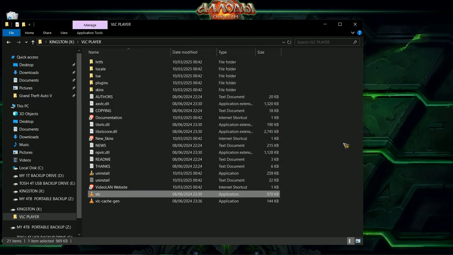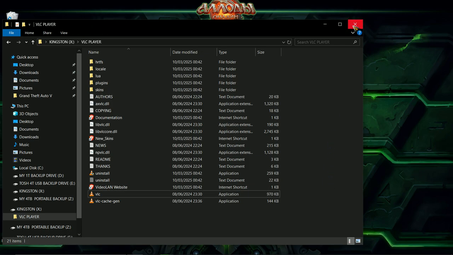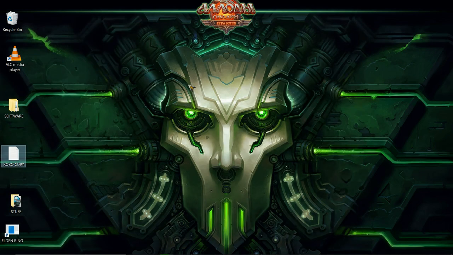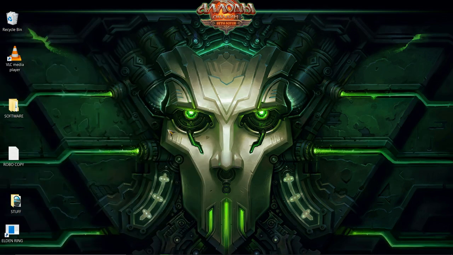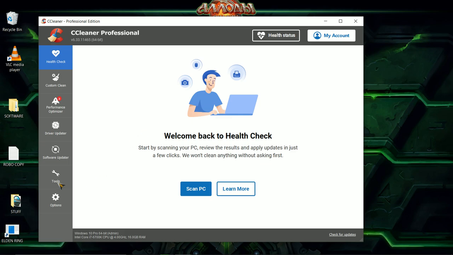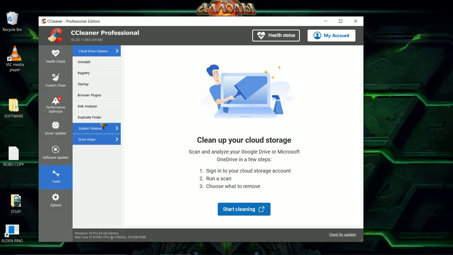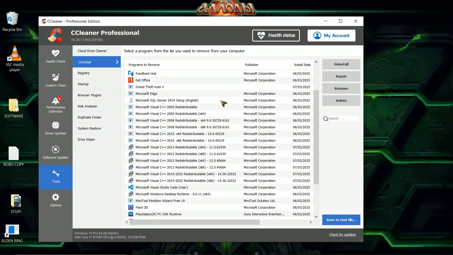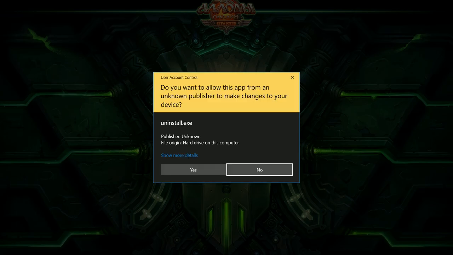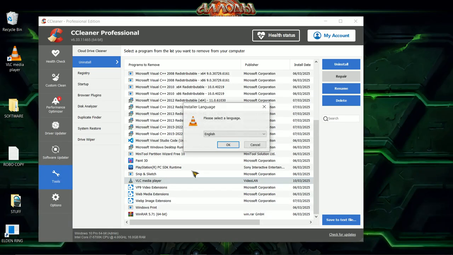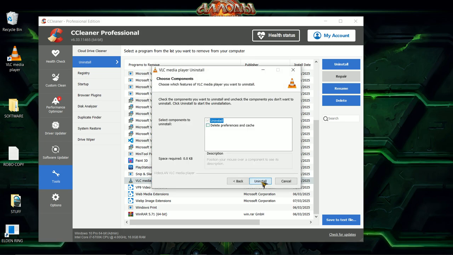Now, just in case you think, oh, but wait a minute, it's still installed on your C drive. Well, I'll show you. What I'll do is go to here and open CCleaner. It'll take a bit of a minute to open up because I'm doing other stuff in the background. Right, so I go to Tools, and go to Uninstall, and VLC Player. I'm going to uninstall it from my C drive just to prove a point. Uninstall, delete everything,